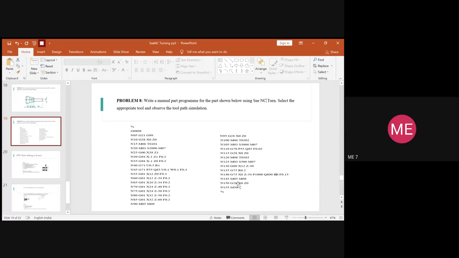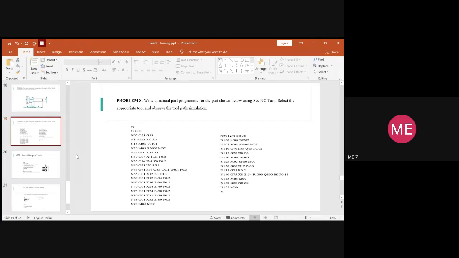You will write the stopping of the program as M30, and you will add the percentage symbol, which shows the end character for that particular program. So this is how you have to add on and learn to use different syntax in a single problem. You should be able to write a program including all the operations like rough turning, smooth finishing, linear interpolation, circular interpolation, along with drilling and thread cutting.